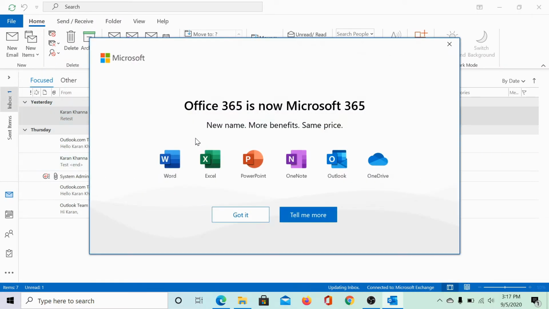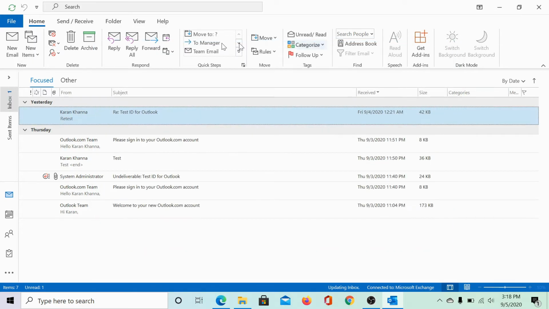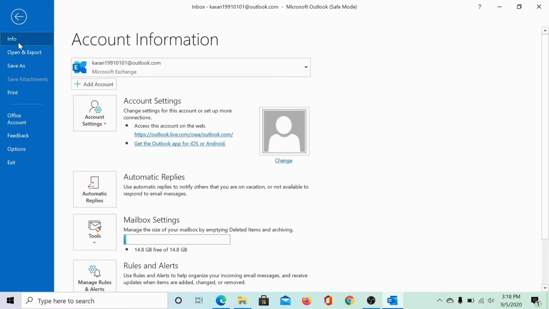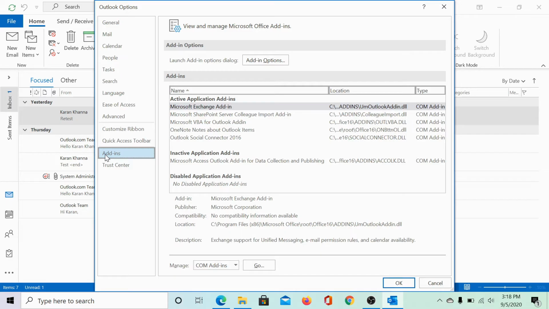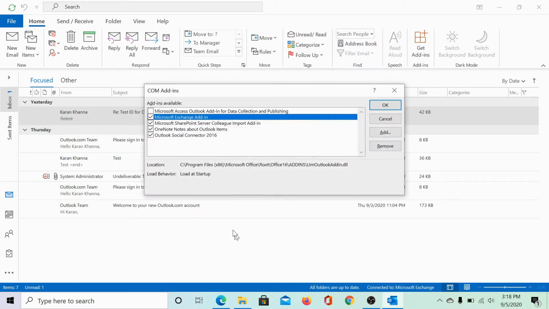Once you have opened Outlook in safe mode, you can disable the add-ins. Click on File, select Options from the list on the left-hand side. Again, in the Outlook Options window, select Add-ins from the list on the left-hand side. Next to Manage, select COM Add-ins and click on Go.